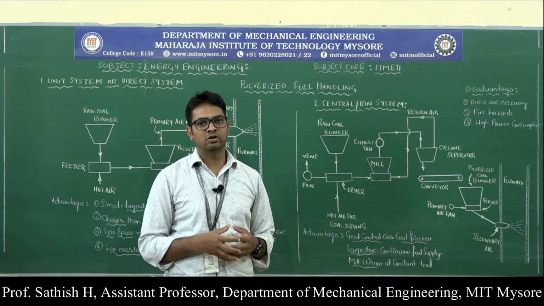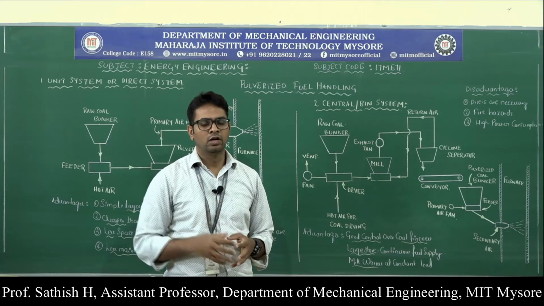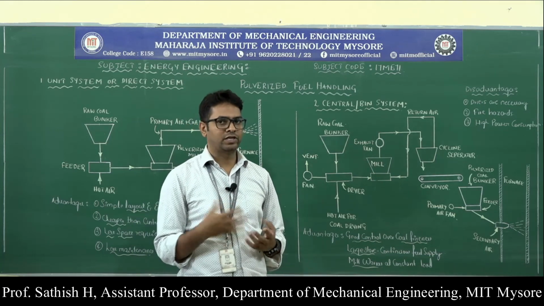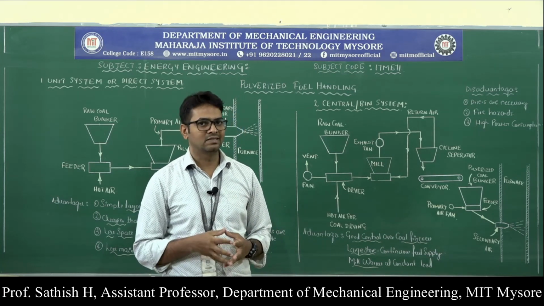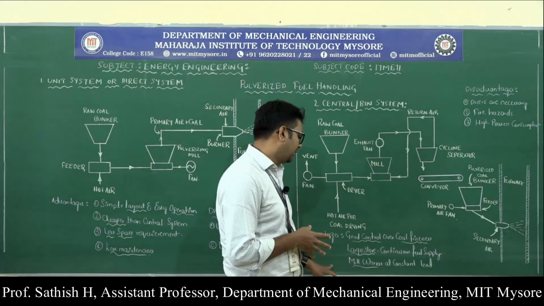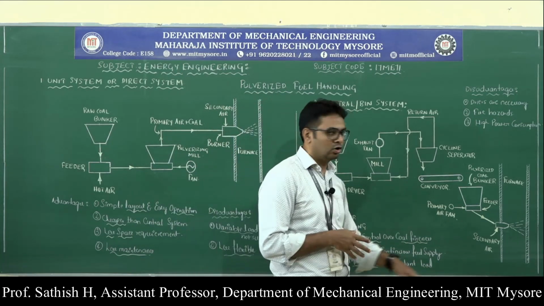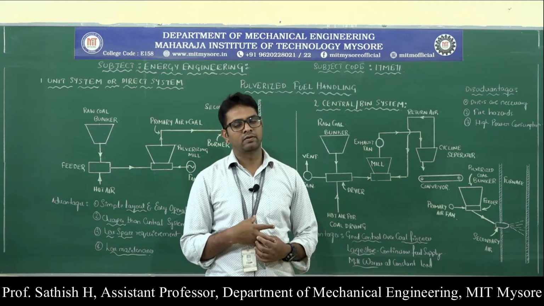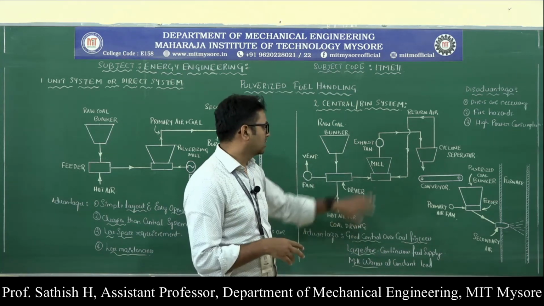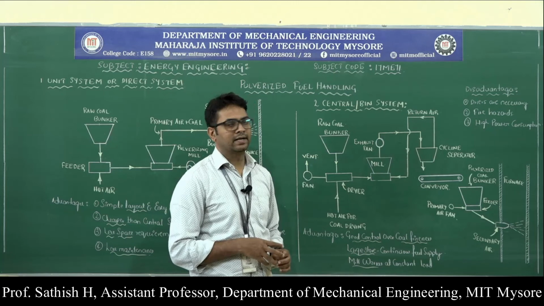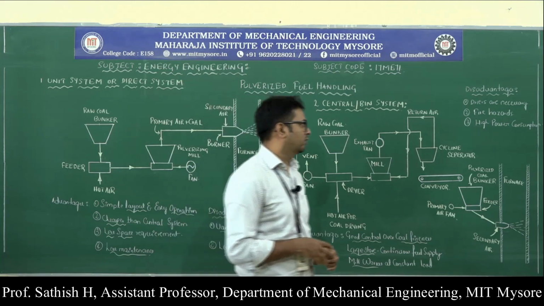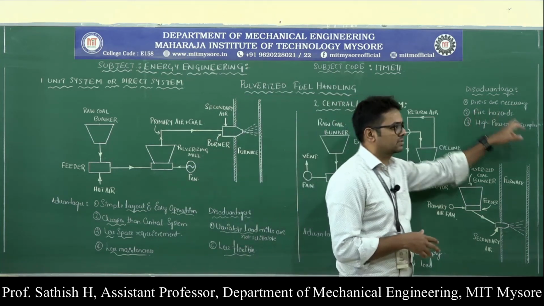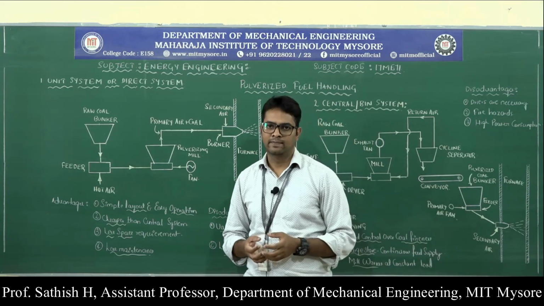Since we have a storage, the fuel will be continuously taken into the burner. That is one more advantage of this central or bin system. And the mill works at constant load, which is one more advantage. Some of the disadvantages: dryers are necessary in order to take out the moisture,